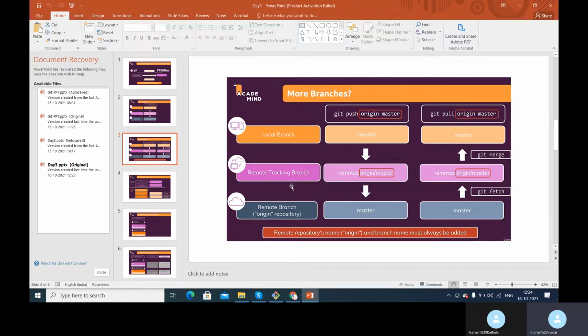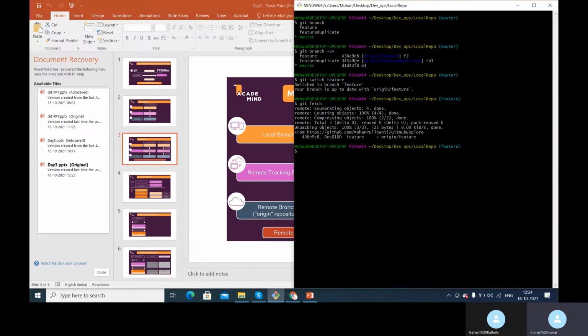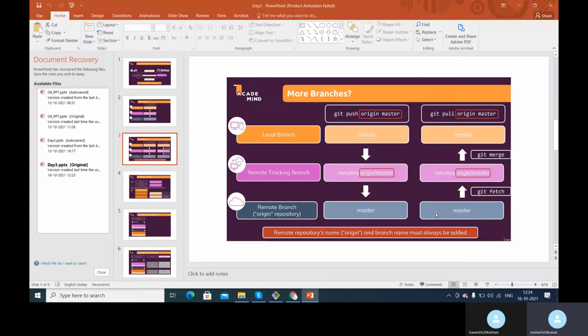Let's quickly rewind with another branch, but for now our intention is to get those changes onto the local branch. When I say git fetch, now that we have some changes on the remote repository, meaning we created a new file on the remote repository, it will get the data from the remote repository onto the remote tracking branch. From the remote tracking branch, we have to create a local tracking branch to track the changes, so that the local branch will also be in sync. It will get automatically updated when we run git pull.